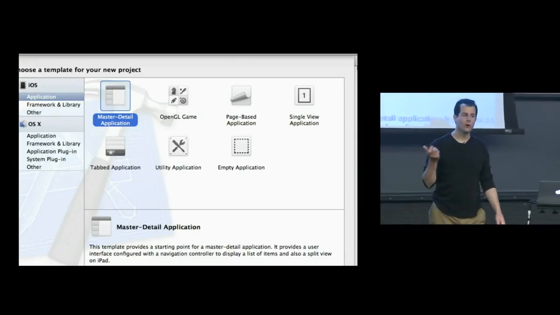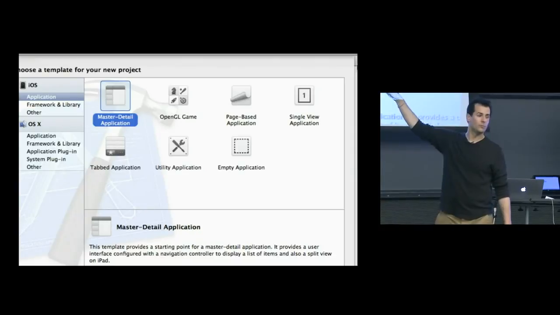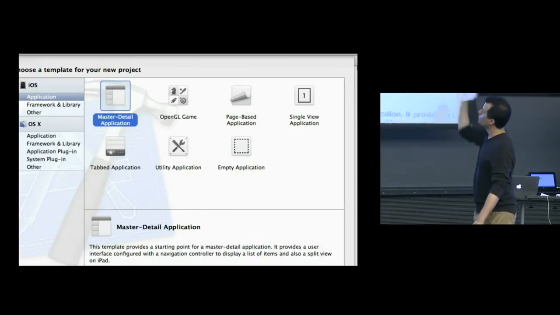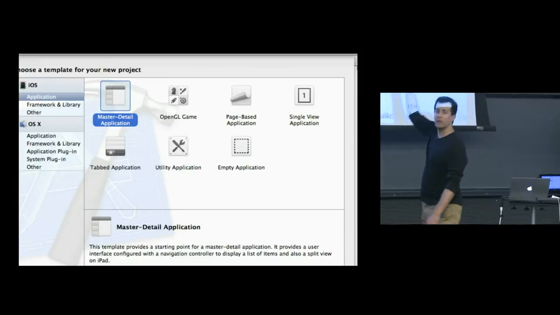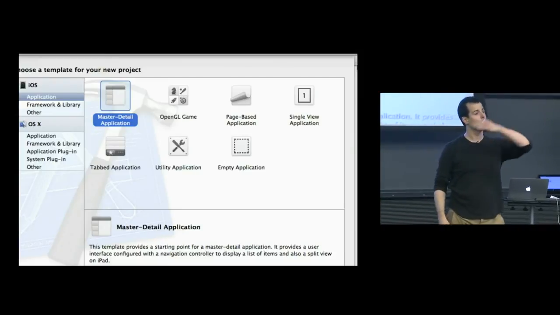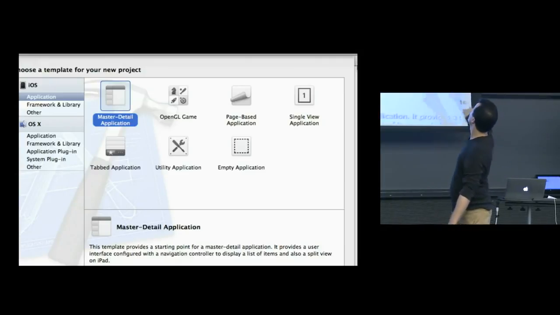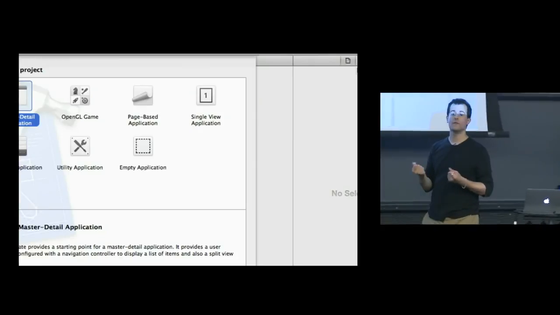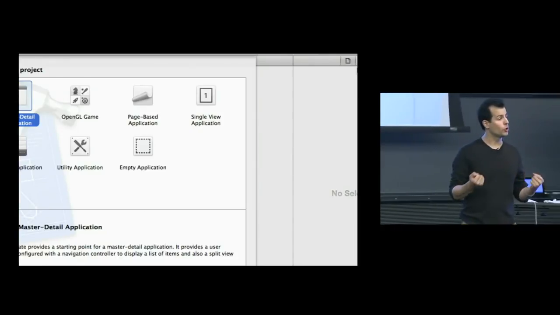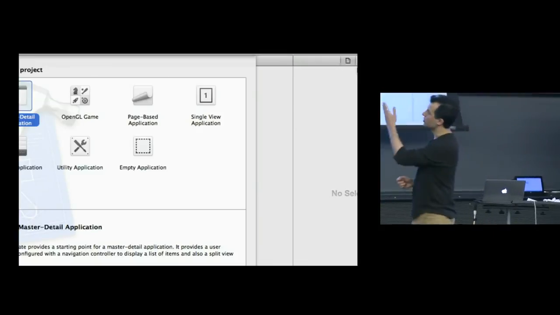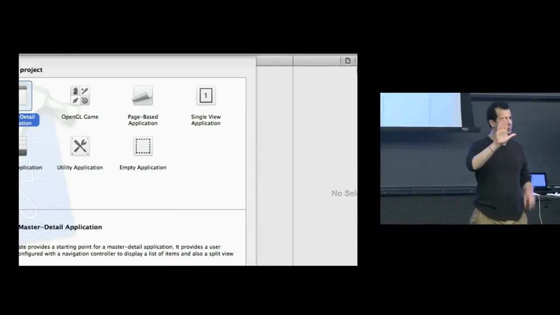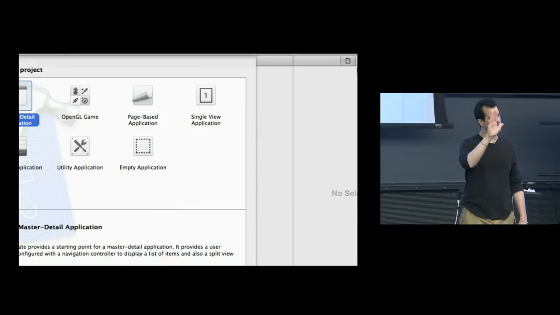And if you're familiar with an iOS device, you probably recognize some of the design paradigms here. The master-detail view looks like it has a little menu on the left-hand side and then more information on the right-hand side, like the built-in mail application. OpenGL game refers to a graphics-based game. Page-based application means something that has that sexy page curl that happens from the bottom up. Single view application is a place we'll spend some time today since it just allows us to have some basic sample code and to get started quickly with a user interface of our own. Utility application is something like the weather or the stock application. Super simple, but typically it has a button that allows you to flip it around to see some settings. And indeed,